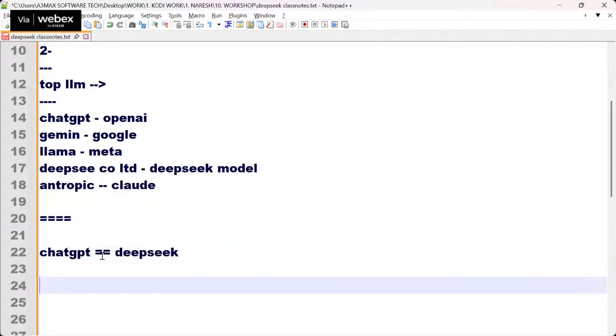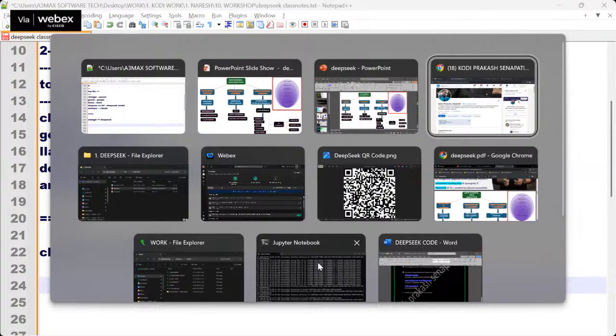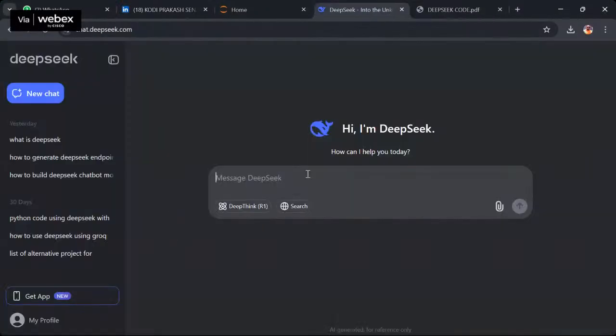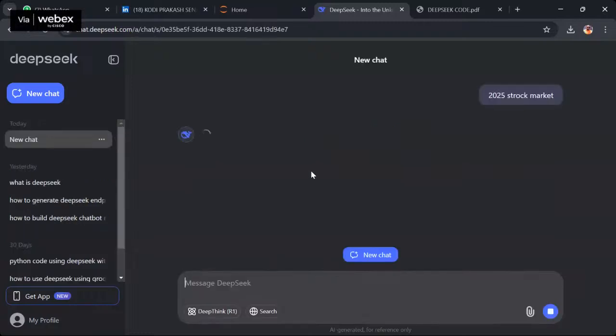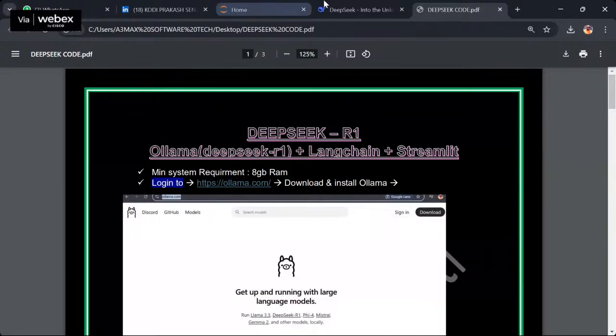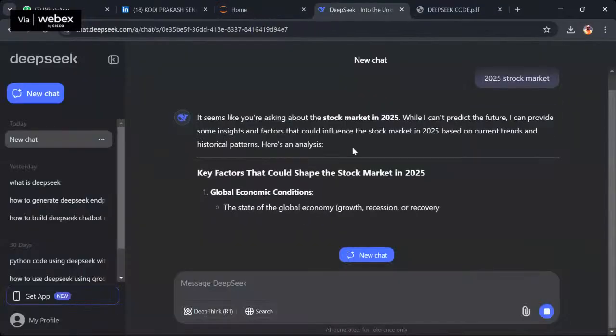Pretty clear? If you refer to this, just go to DeepSeek. You can ask any query, for example, 2025 economy and market trend, stock market trend. When you enter any query, a lot of people are using it, but you get a response. The same thing you also get from ChatGPT.